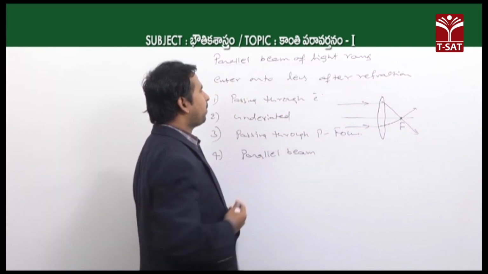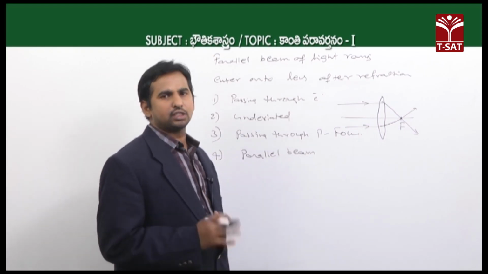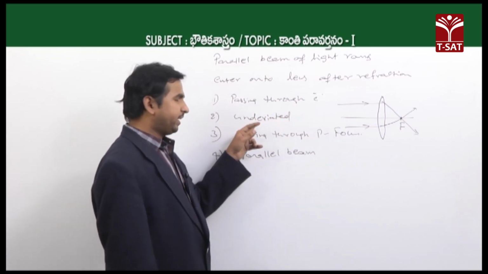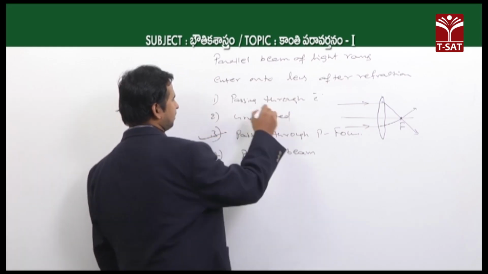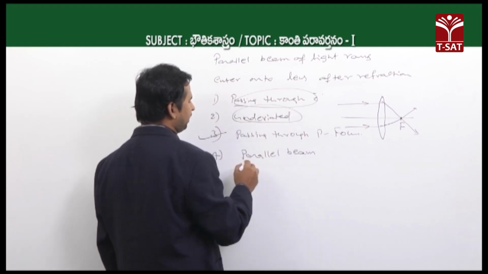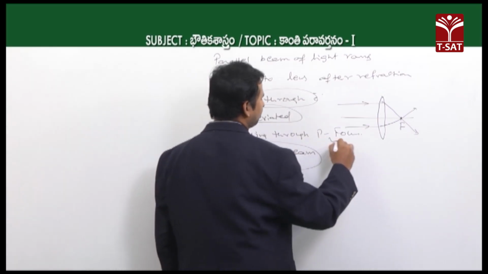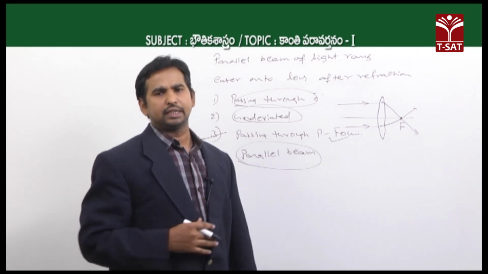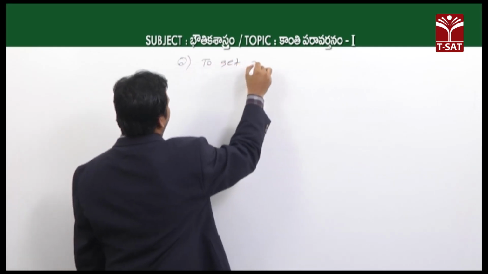Which means the parallel beam of light rays, after refraction, deviates, but it is not passing through the center of curvature and it is not undeviated, but it passes through the principal focus. Passing through C and undeviated and going like a parallel beam, these are wrong. Option 3, passing through the principal focus only, is correct, following rule 1 of our ray diagrams. Next, if you see another question, if you want to get a real image,